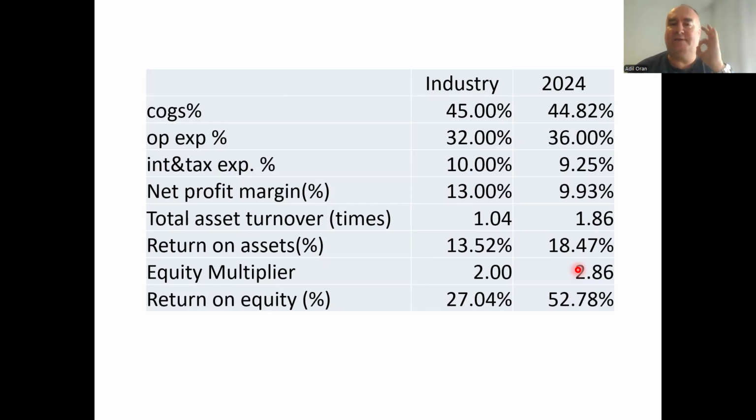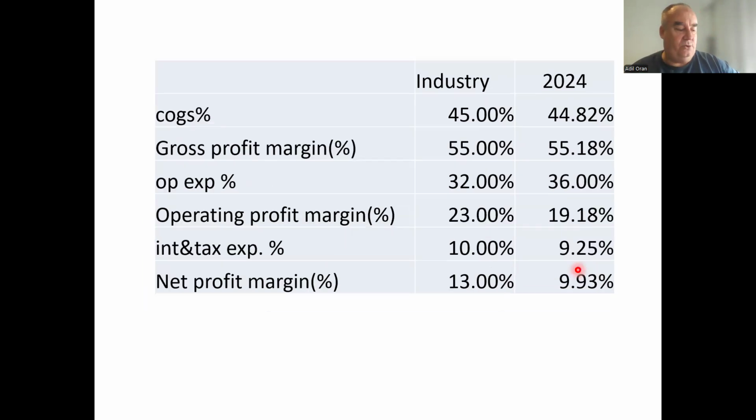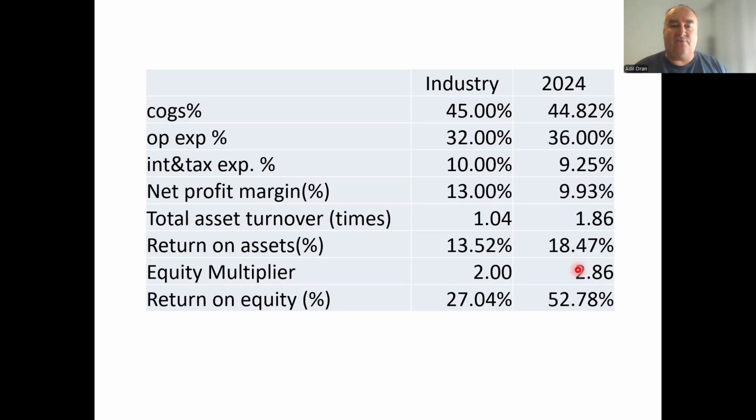A company that uses 0% debt would not be able to go bankrupt until it loses all of its assets. But if you are using borrowed money, if you're using credit, then what you have there